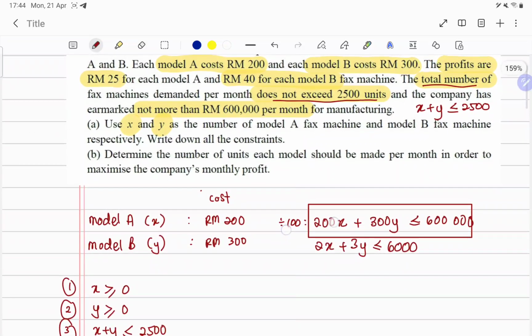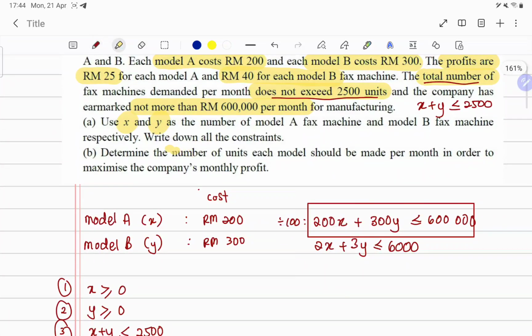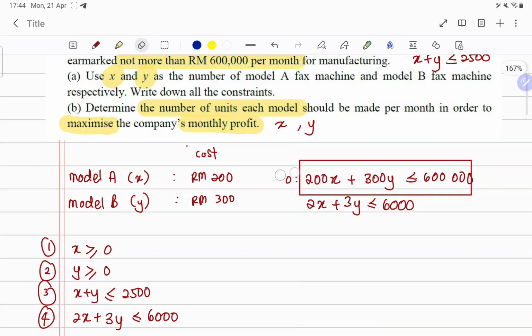So if you see question B, they want us to determine the number of units of each model, which means they want us to find the values of X and Y that should be made per month in order to maximize, if you see here, maximize company monthly profit. So company monthly profit just now,